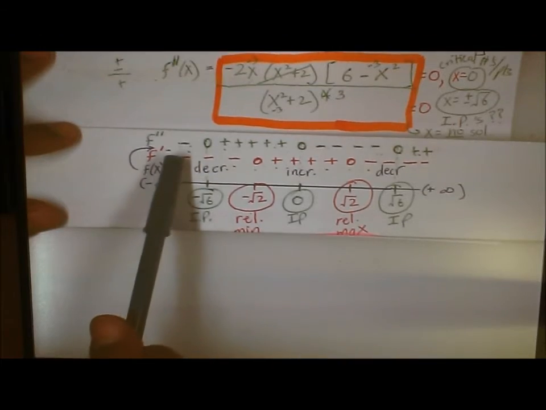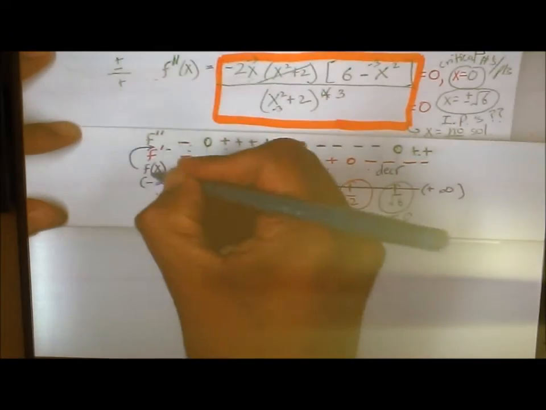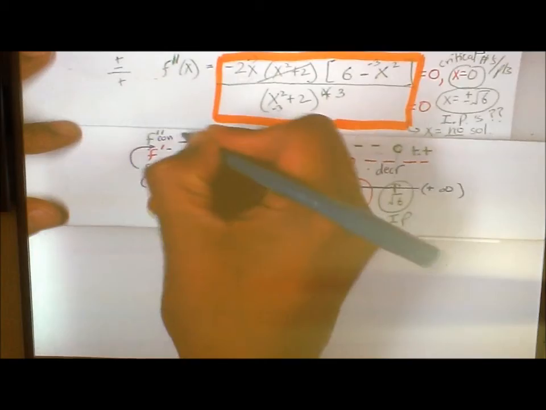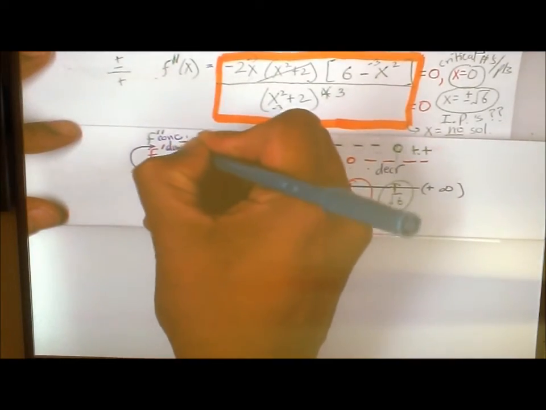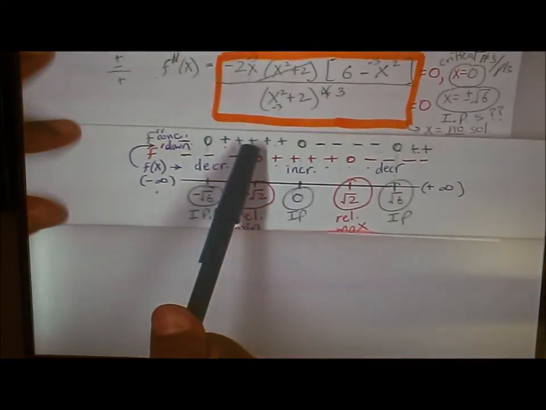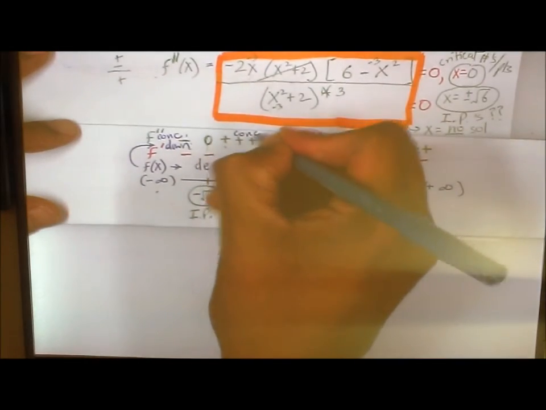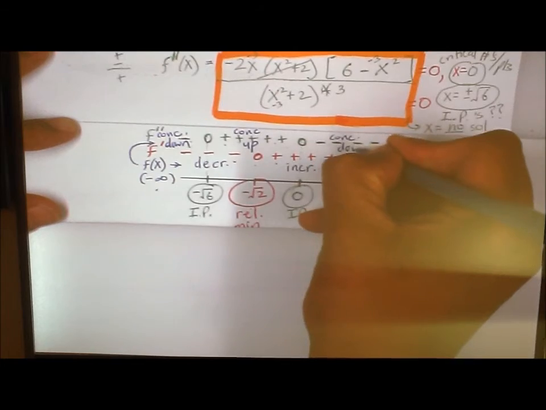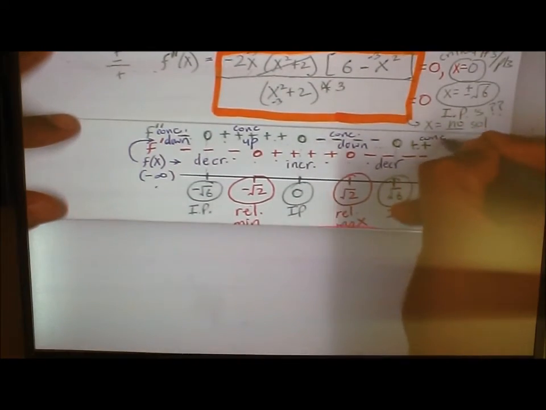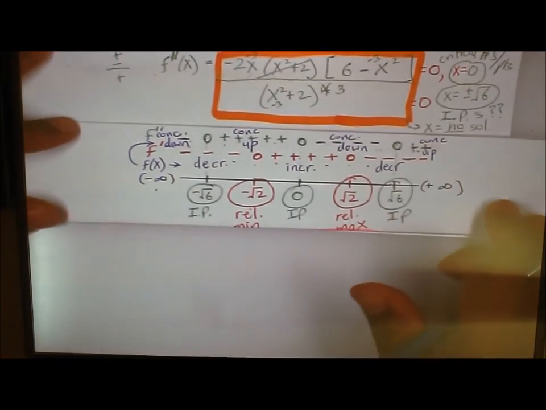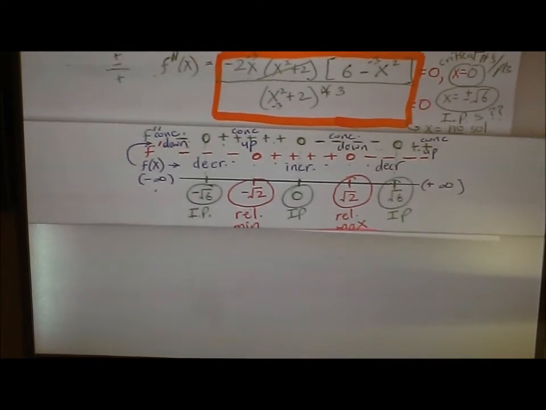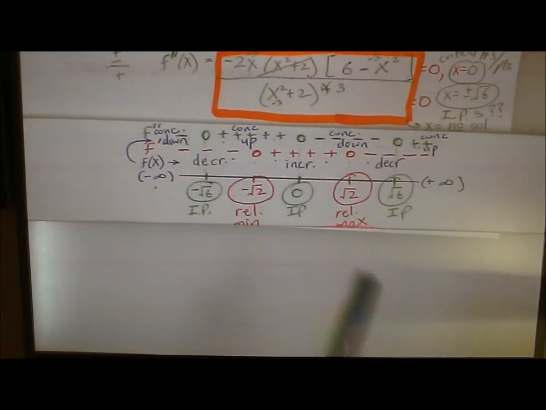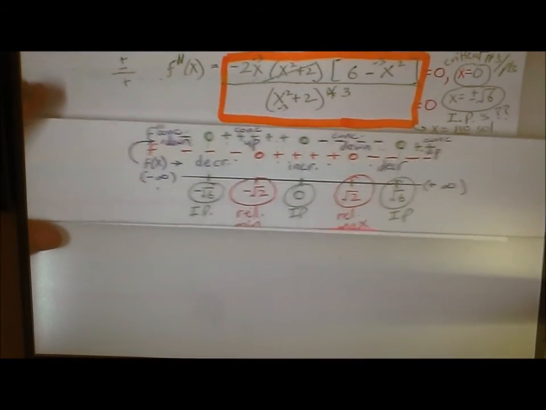Like for example, if f double prime is negative, you know that f is concave down. And if f double prime is positive, you know that f is concave up. And so on and so forth. So really, this sign chart gives you all the information that you need. Step 3 is then to take the sign chart, like you did with f prime, and translate it to interval notation